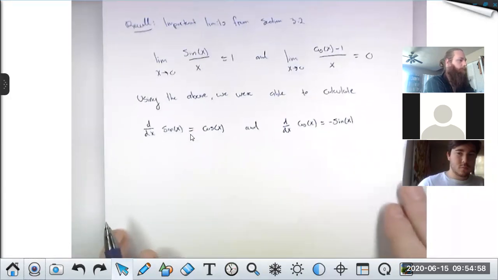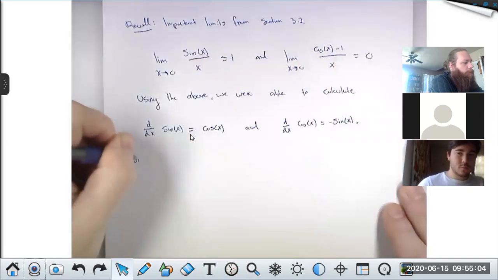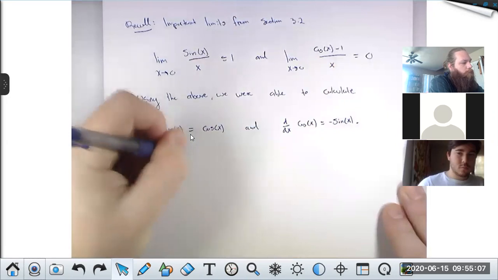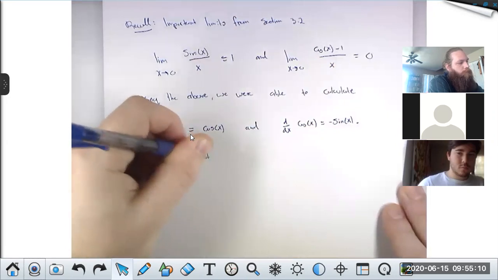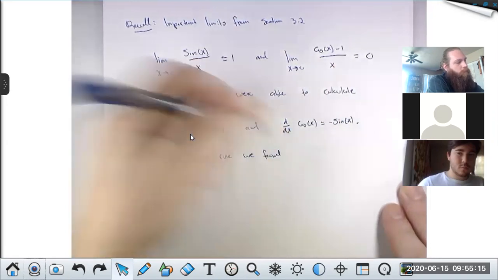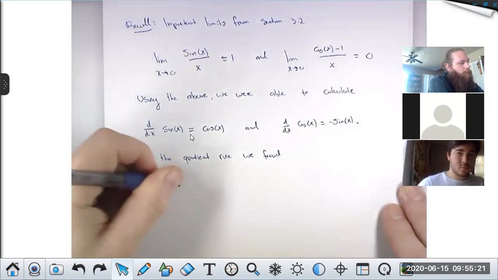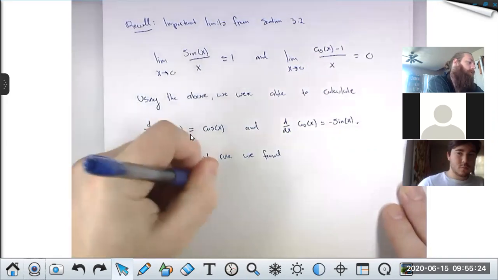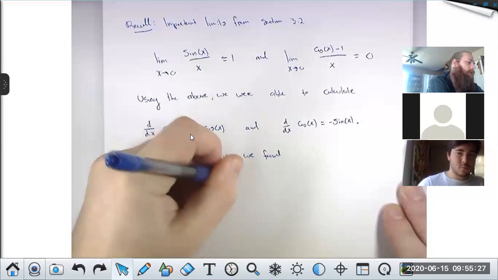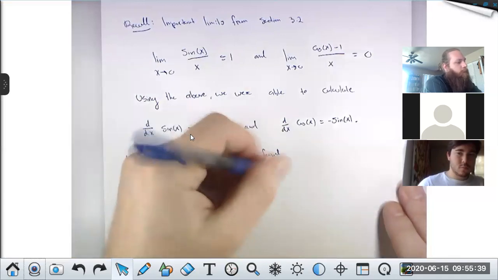Okay. As a consequence of this, using the quotient rule, we found that the derivative of tangent, which we calculated as the derivative of sine x over cos x, right? We're using the quotient rule, so low d high minus high d low over low low came out to be,